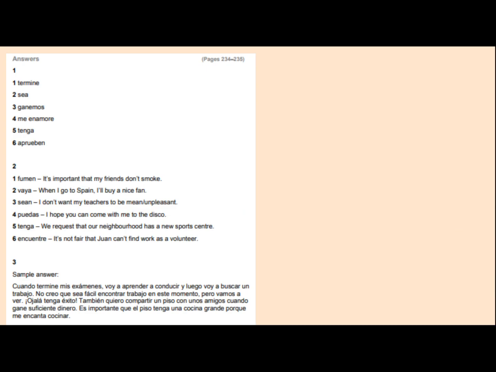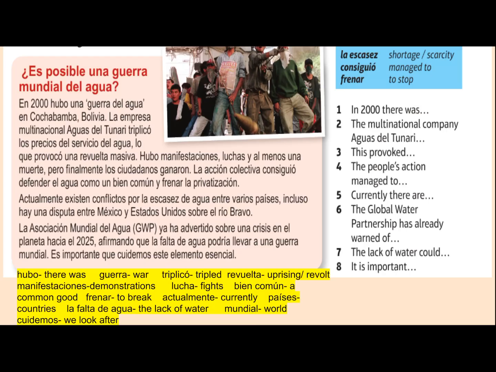Okay, so I'm going to leave those on the board there. You can see the answers quite clearly. Terminé, we already did together for the first one. So just have a look through those, pause the screen and you can mark them off. And when you send through your work, it will be great for us to see your answers.